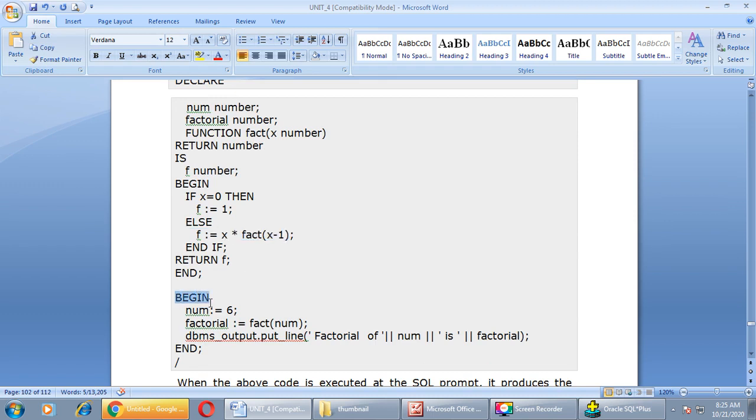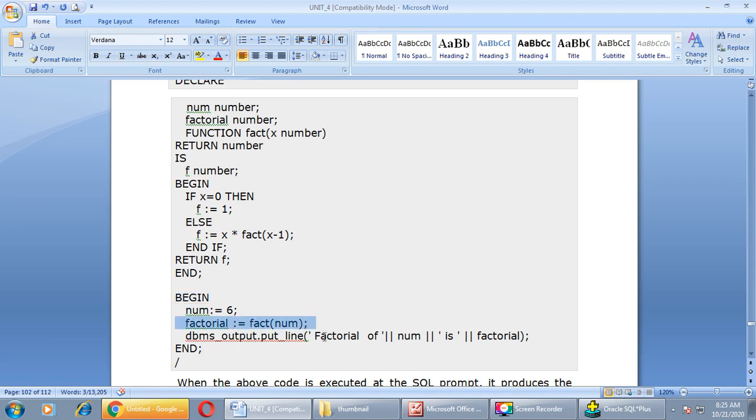Our PL/SQL block begins with the keyword begin. Num equals 6, as here we want to find the factorial of 6. We will call the fact function on the next line.